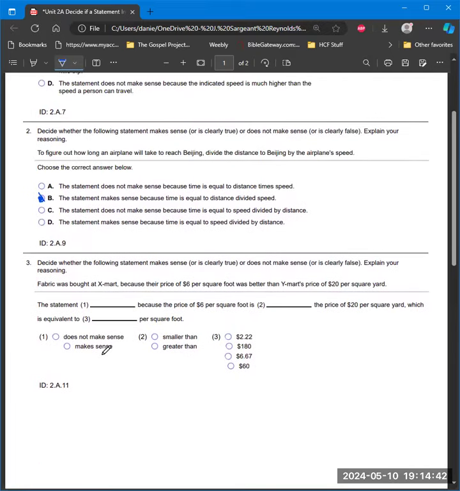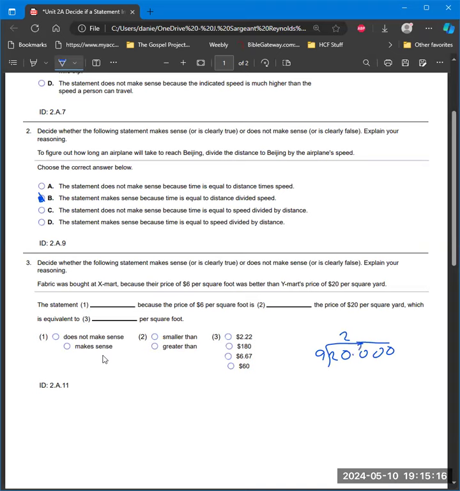Decide whether the statement makes sense or is clearly true or does not make sense or is clearly false and explain your reasoning. Fabric was bought at Xmart because their price of $6 per square foot is better than Wimart's price of $20 per square yard. So there's 9 square feet in a square yard. So if I divide 20 by 9, I get